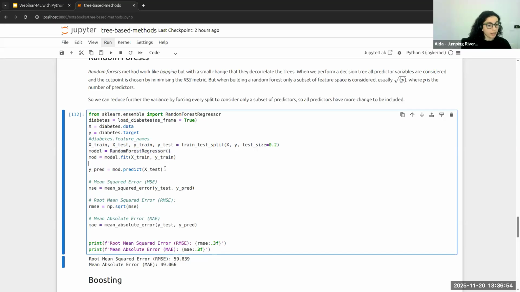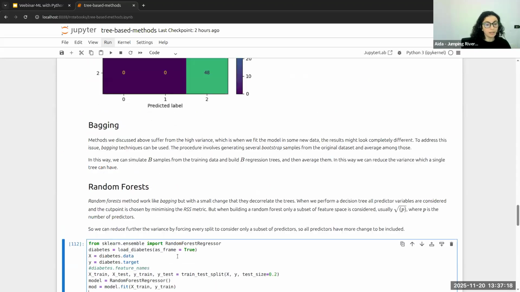And so I can make predictions, as we mentioned, and then we can extract some metrics of performance of the model. If I follow the same procedure that we did earlier, calculating the mean squared error and the mean absolute error, the performance of our model has improved quite a bit. The mean squared error in this case, by fitting a random forest, is 59.